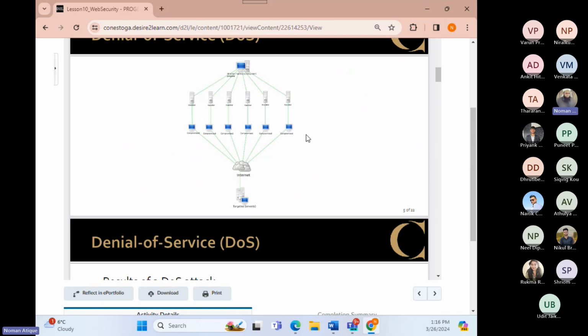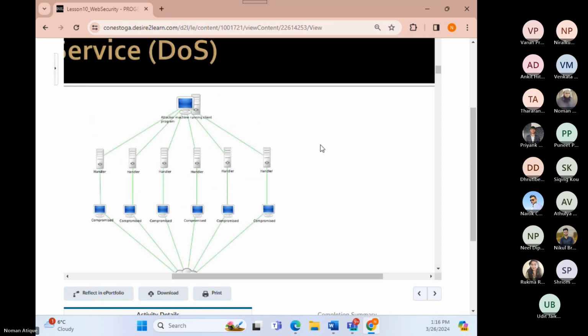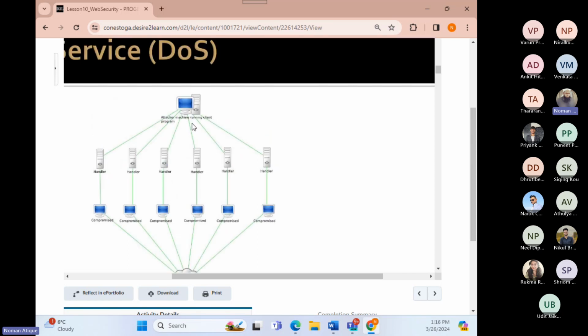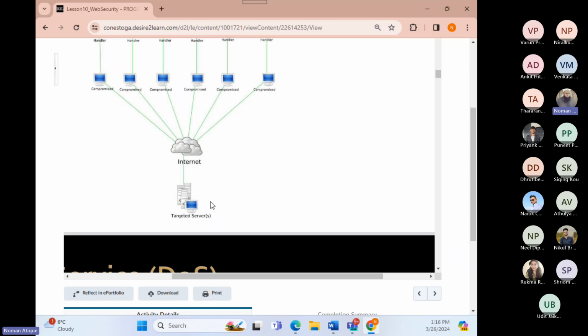So if you look at this picture, let me just make it bigger. So the attacker machine is running a client program. It runs multiple handlers, the compromised machines, and using the internet, they are accessing the targeted server. So what happens? These are all fake machines generated by the attacker, and now this legitimate service, which is for a legitimate user, if a legitimate user comes, they will not find the place or the resources,